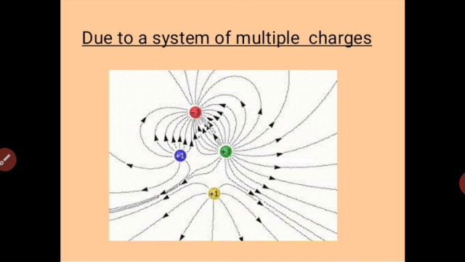We have to be sure that whenever it is a positive charge, field lines will originate, and for a negative charge, they will be pointing towards it. The number of field lines also represents the strength of the field. Wherever we see field lines closer to each other or crowded, it means that the electric field is stronger in that region than the part where the field lines are quite apart.